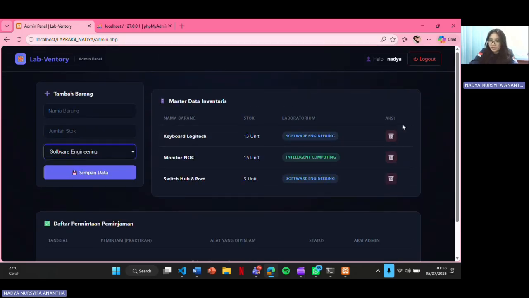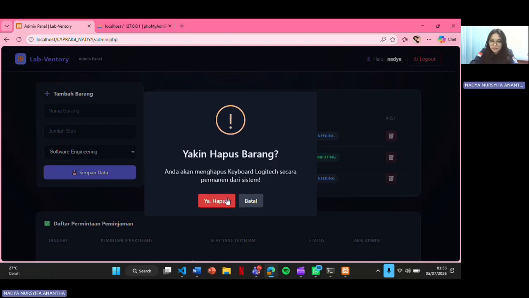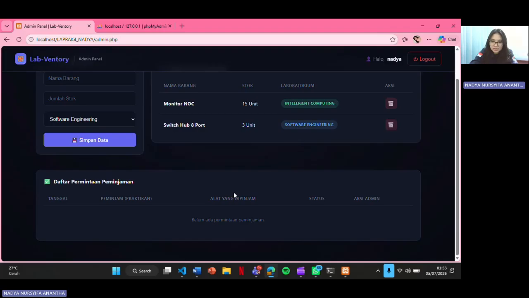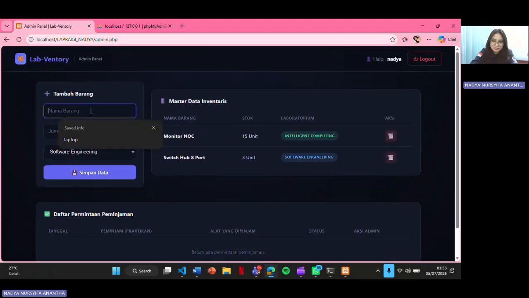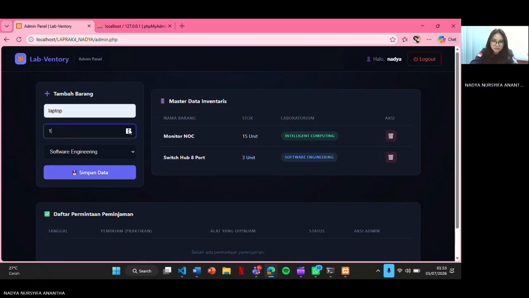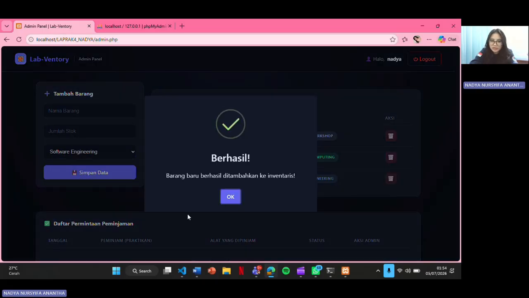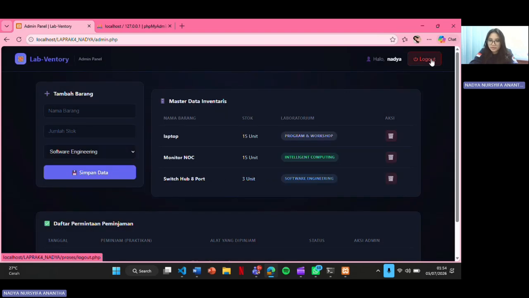Okay, we can do it like this, terhapus and delete, and just the jumlah stok. Then this is the program and workshop, simpan data. This is the user about admin.